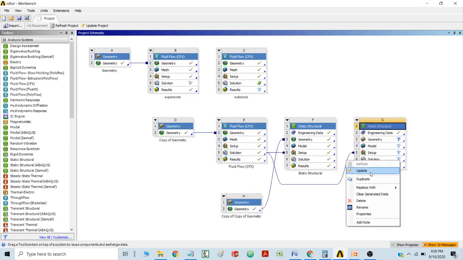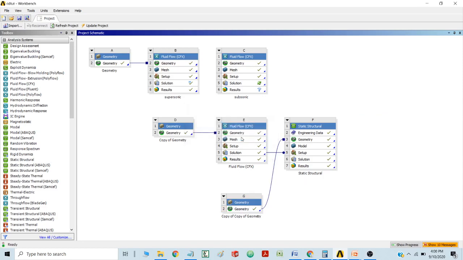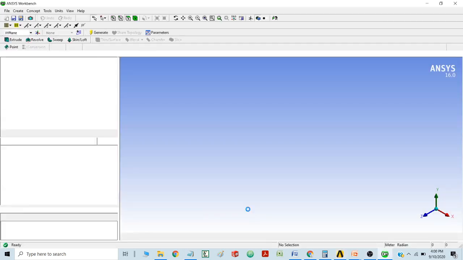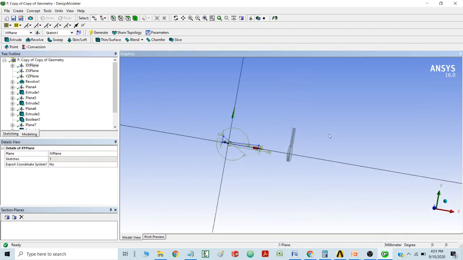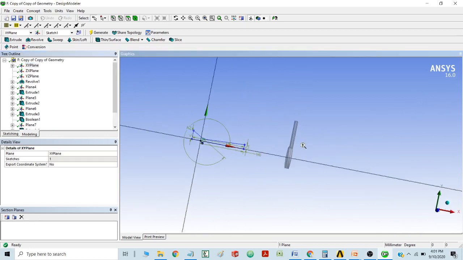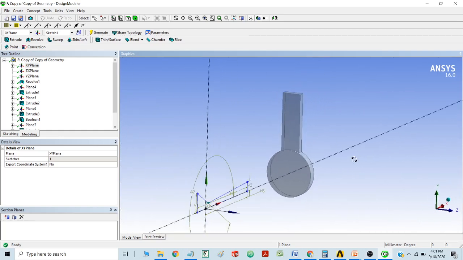The reason behind doing this is that the geometry which we have already drawn for the CFD analysis is not going to work for this type of work. For that, you have to design a separate geometry. So what I have done is, I know the coordinates at which this particular plate has been drawn, and accordingly I have modeled this plate. You could see I have just copied the plate and made this same simple model in the same axis, in the same direction.